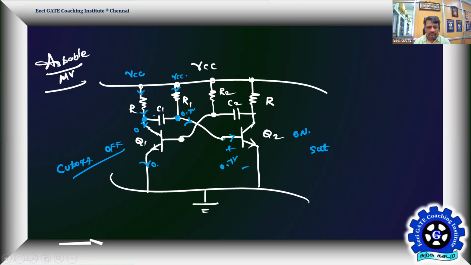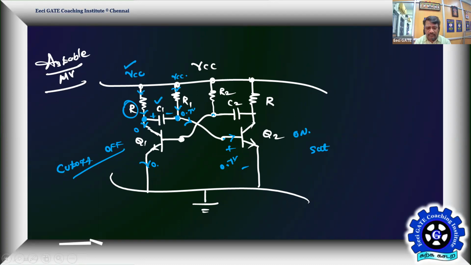Yes, so the capacitor will charge this way, plus and minus, towards VCC. It will charge towards VCC because there is a current in this path. This current is not passing through the capacitor one. So whatever the current in R, that is going to pass through this capacitor. That's how this capacitor is getting charged towards VCC.